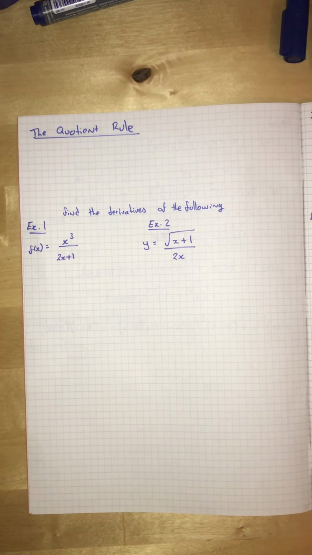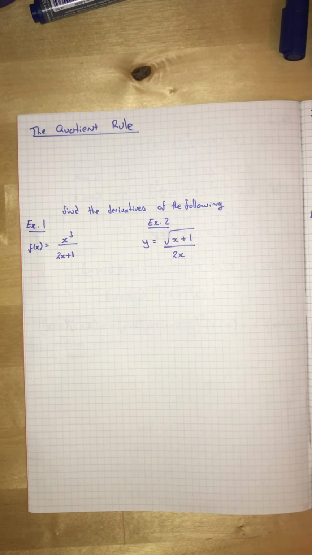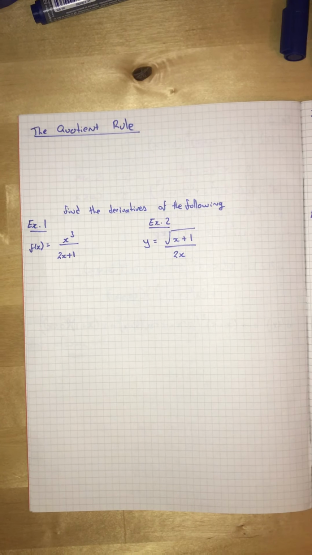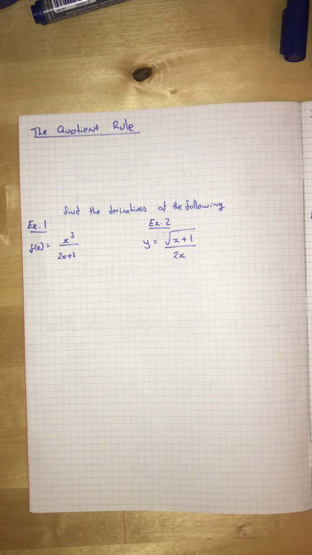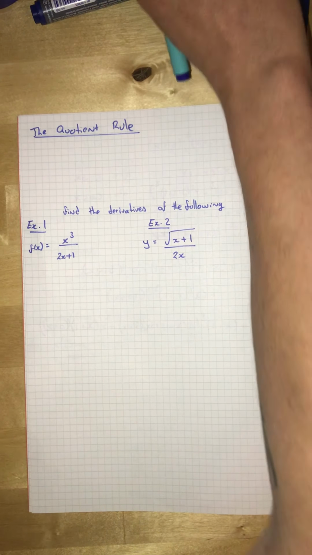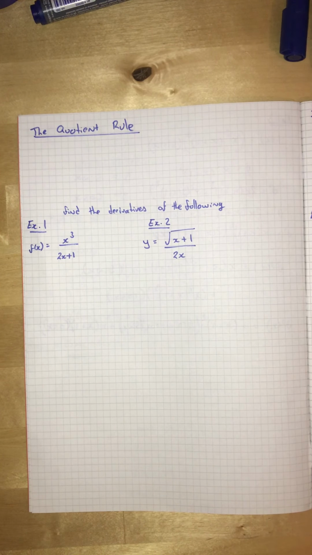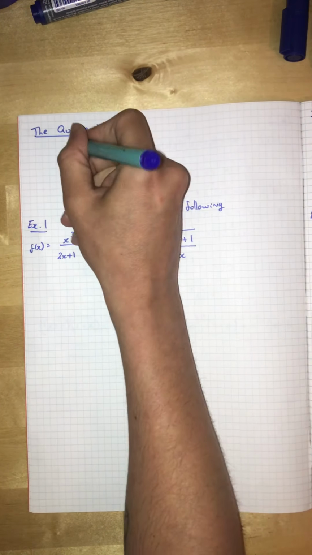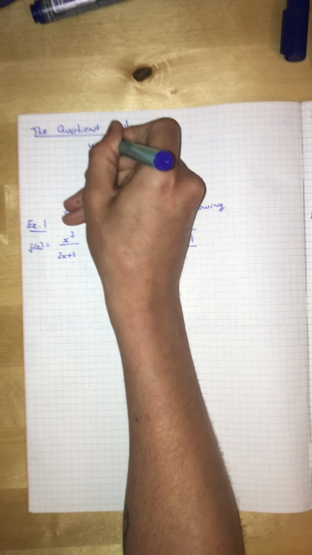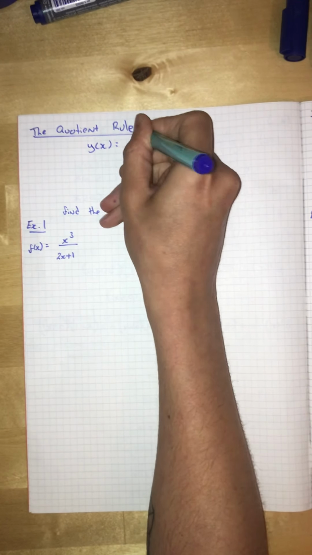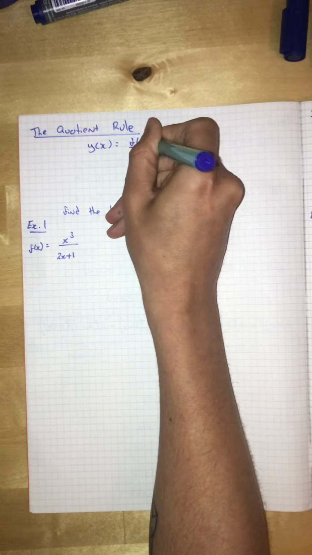So what is going to be in this video is the quotient rule, which is another rule in which we can differentiate. The quotient rule is for when you have two functions, but it's a quotient, which means division. So it's when one is dividing the other. If I define y of x equal to f of x divided by g of x, then